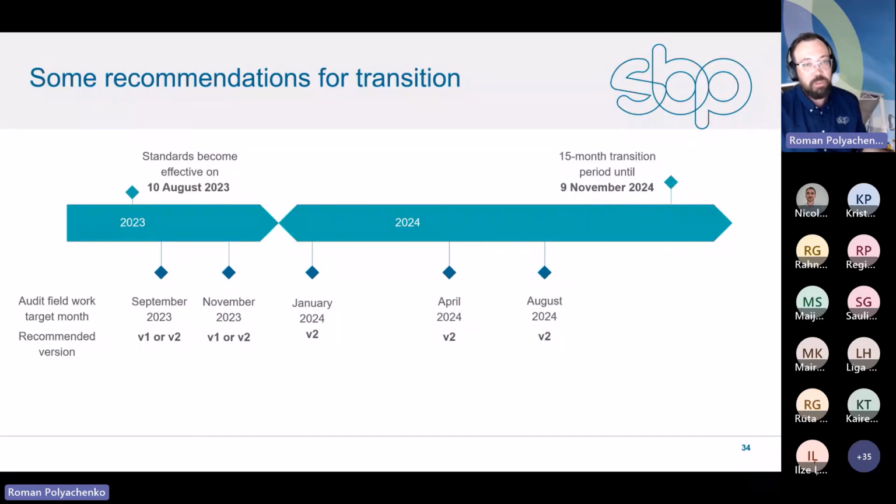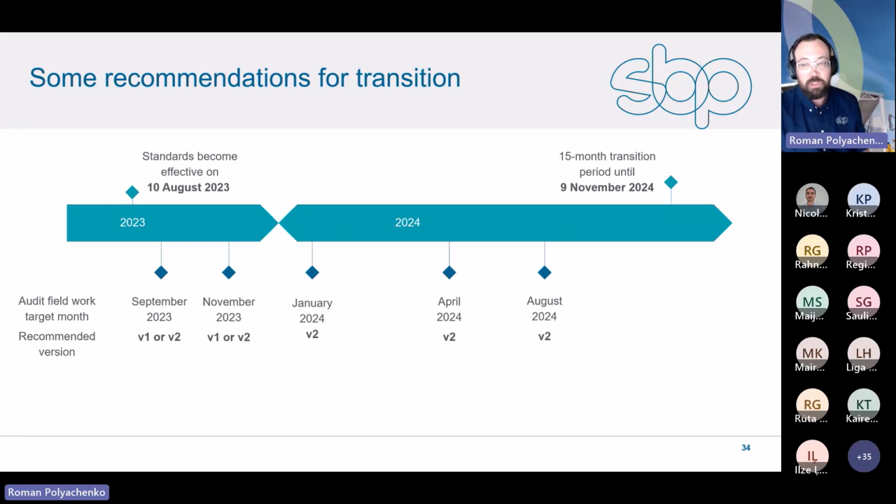So they may need to speak to their certification body to bring the audit to an earlier time, maybe to October, September, August, to be able to complete everything in time by November. And then if a certificate holder has their annual audit next year, like January, April, August, of course, it's very advised,